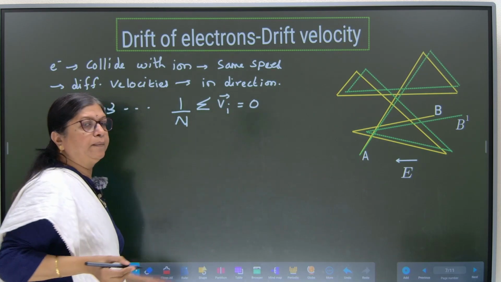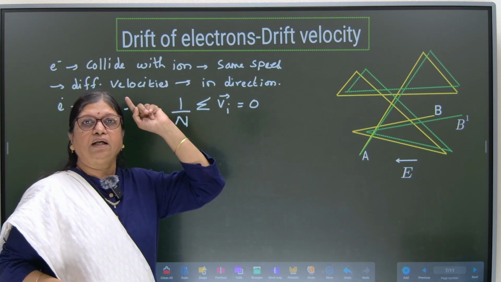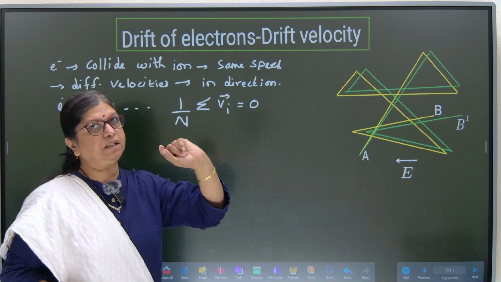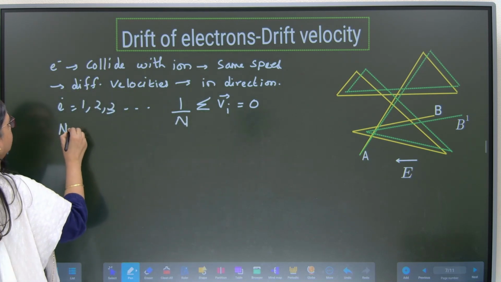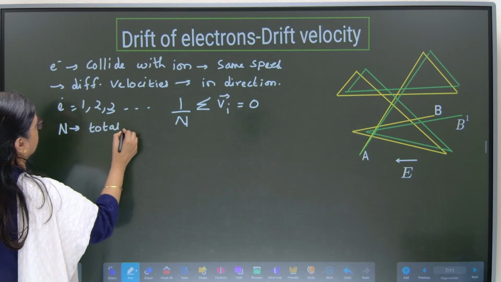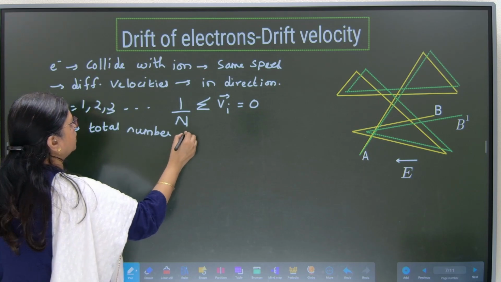Why 0? Because of the random directions the electron has after every collision, though the speed is constant. Where N is the total number of electrons